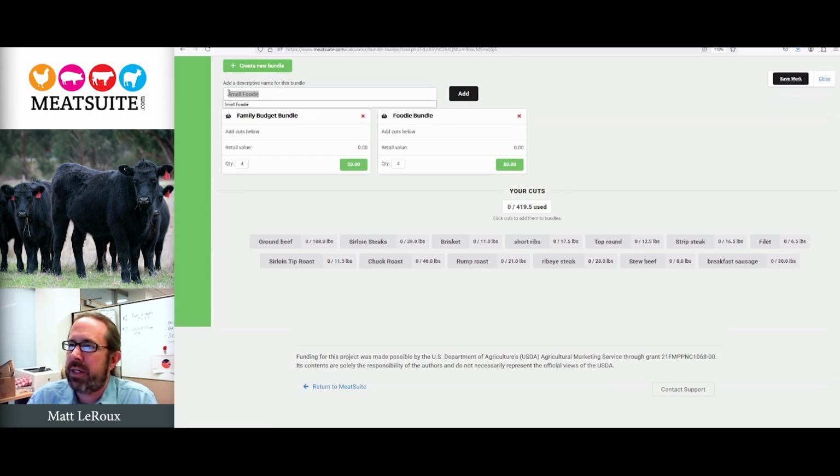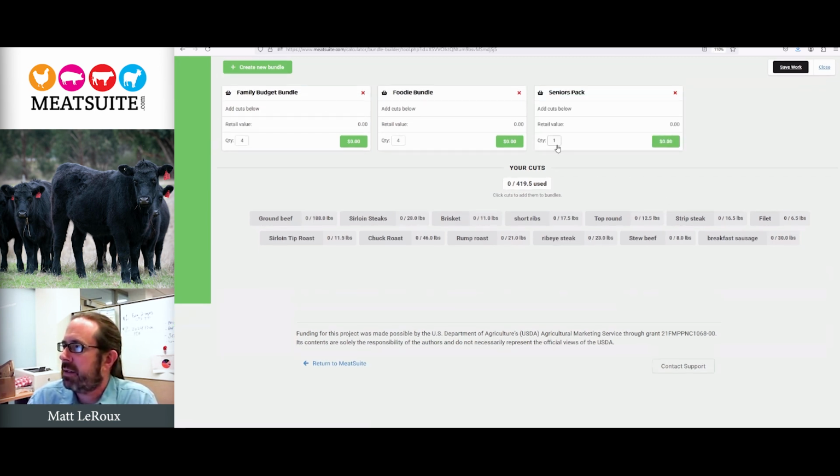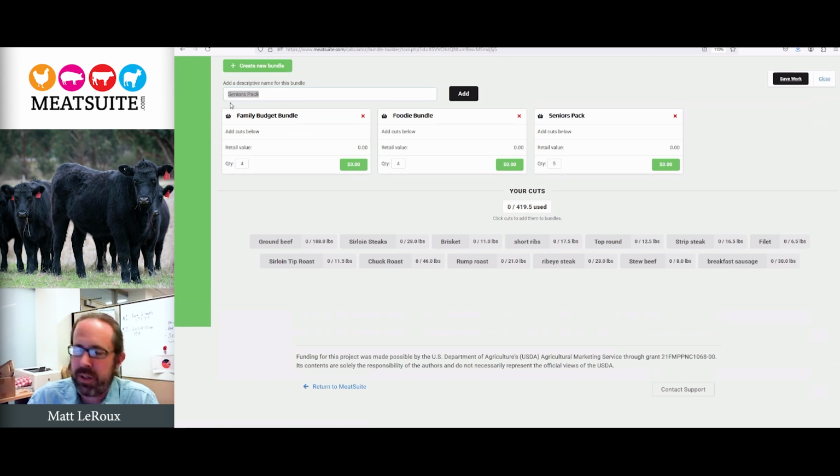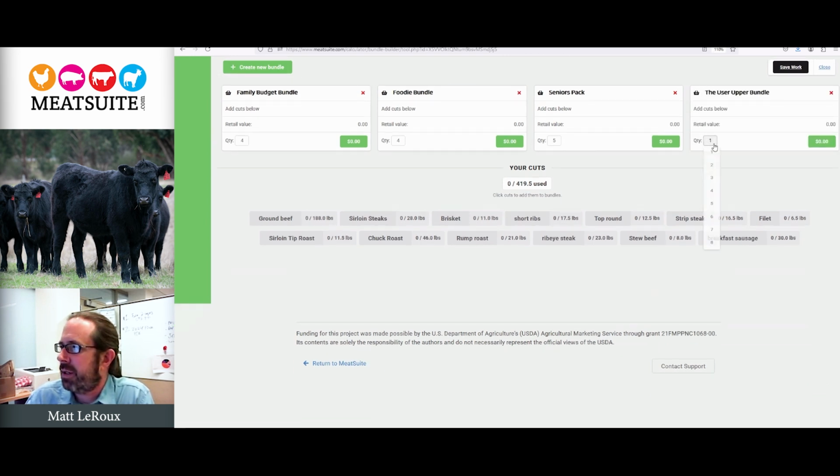I'm going to make a seniors pack. Add that. I want to make 5 of those, and you can make as many bundles as you need. I'm going to make one more that I like to do. It's called the user upper. So I'm going to stick all the cuts that didn't fit anywhere else into the user upper bundles, and I'm going to make 3 of those. All right, so now I've set up the bundles that I want to use,